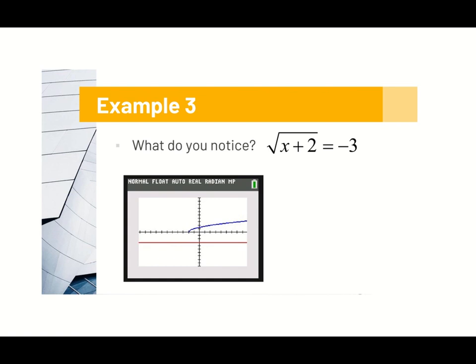Therefore, we have no solutions. And anything that, when you solved algebraically, would be an extraneous solution. So we can look at a graph or see algebraically why we have no solutions. And this is not the only case we're going to have no solutions. There could be ones that are a lot less obvious. For example,